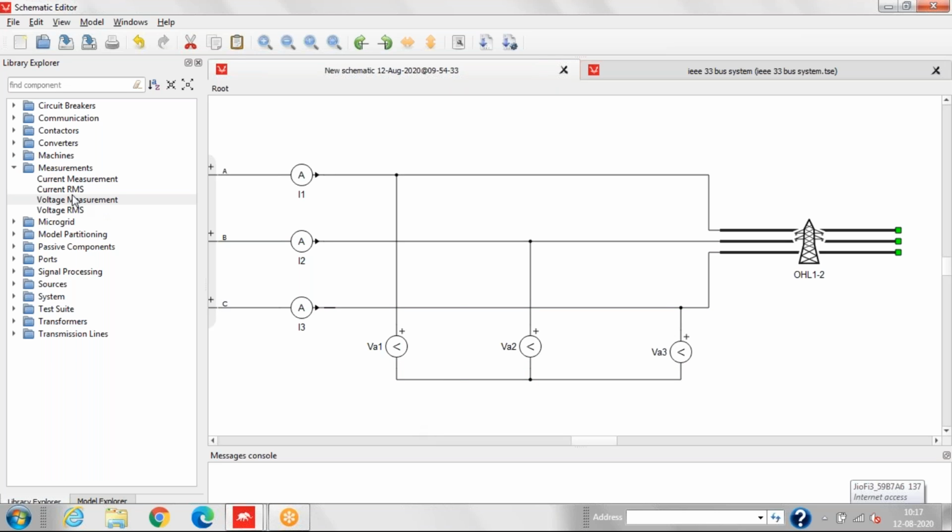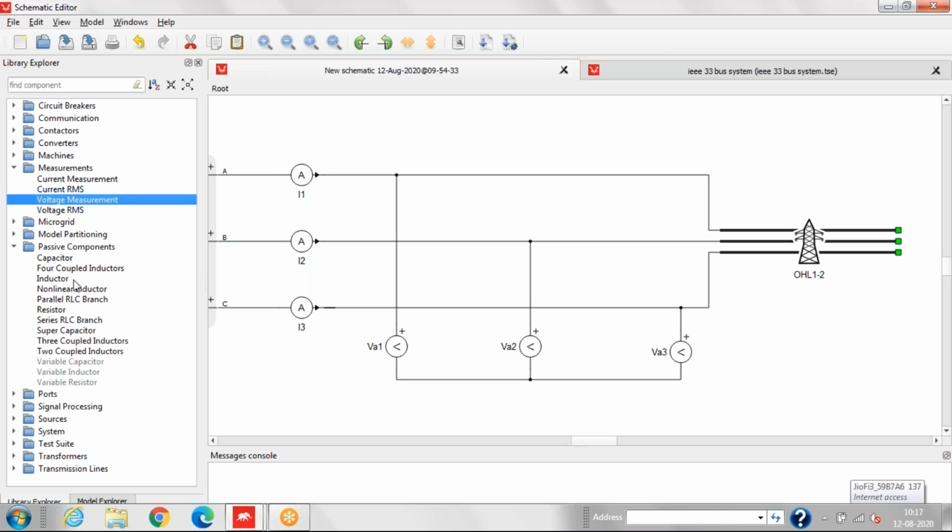Now we'll drag a passive component. So we'll go to the passive component and drag this. We'll rotate it using Control R, then we'll connect this shunt resistance in parallel with the voltmeter.